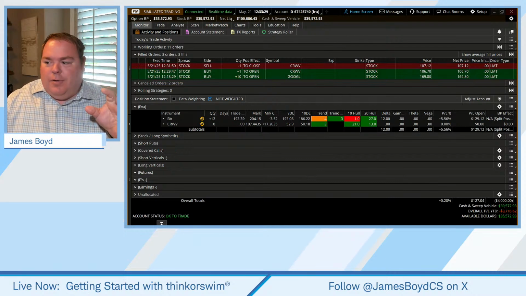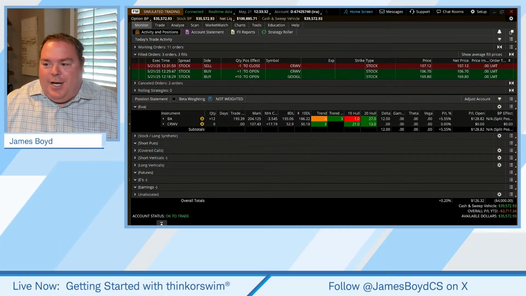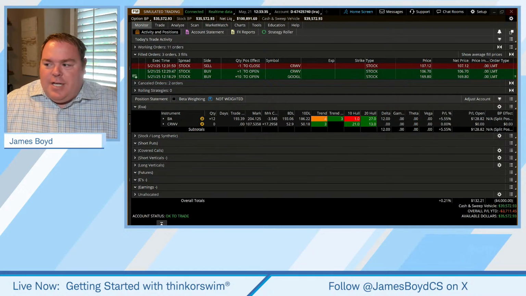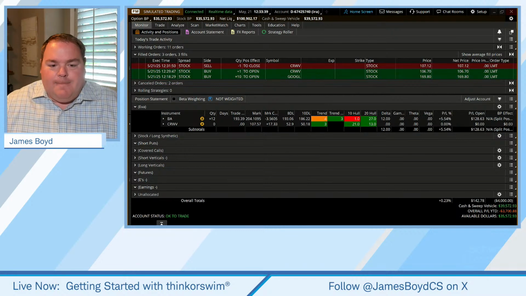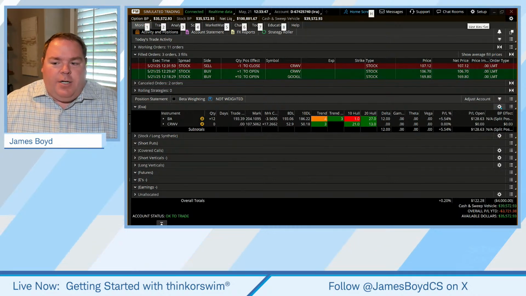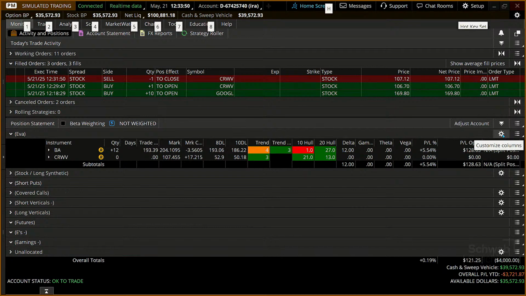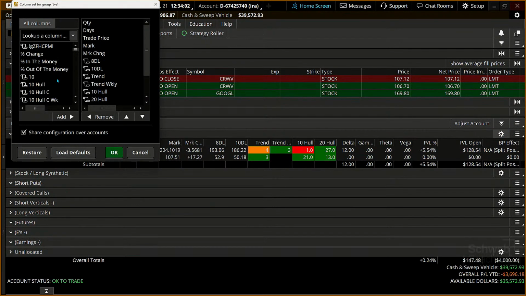Now, what I do want to show you is some other features here. A lot of us as investors like to customize our view. Notice right here, when we have these folders, and this is something we're going to really focus on, there's a gear, and that gear allows us to create some custom columns. If I click on that gear, you're now going to see that we have some options of what we can choose from.